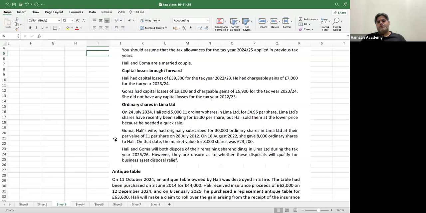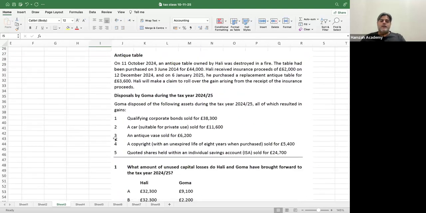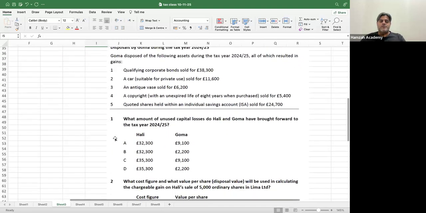Holly and Goma will both dispose of their remaining shareholdings in Lima during the tax year 25-26. However, they are unsure whether these disposals will qualify for business asset disposal relief or not. Then we have this disposal by Goma during the year. So the next point is: what amount of unused capital losses do Holly and Goma have brought forward to the tax year